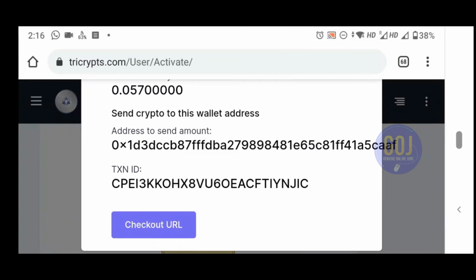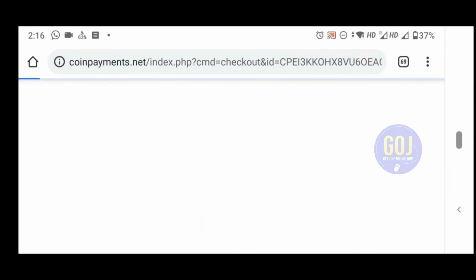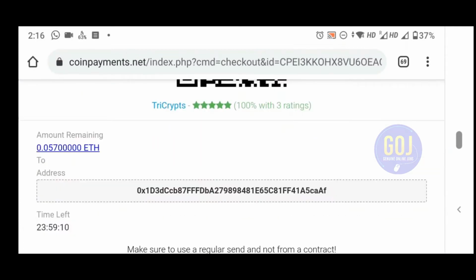We have also given the address. Sometimes this address will be hidden in this pop-up, so we should click on checkout URL. If you click the checkout URL, it will take you to a new page. On this page you can see which address we have to send to, and you can get the amount value.